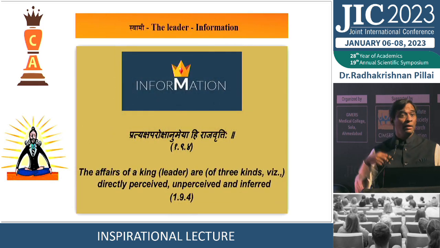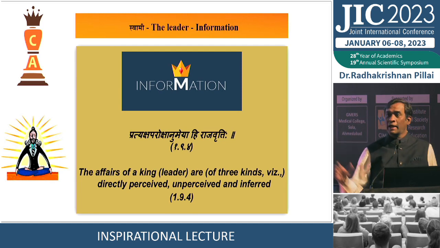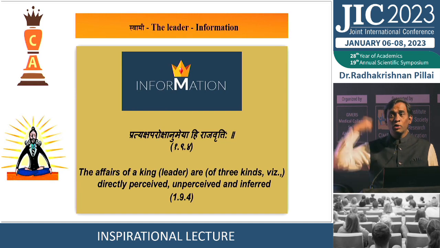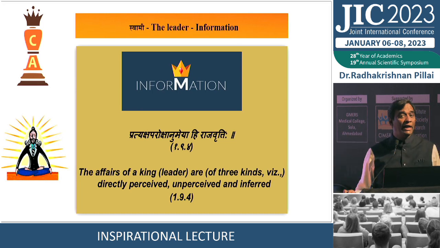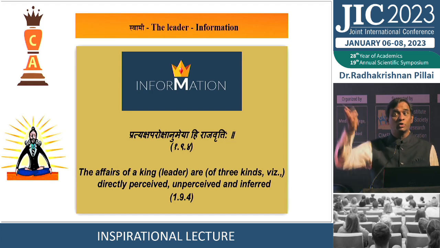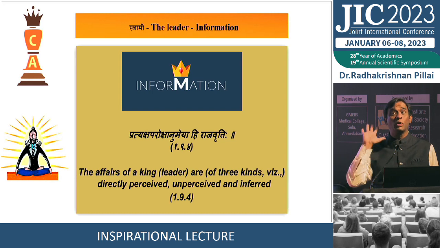देखो ये बहुत इंपॉर्टेंट है, हम बुद्धि योग की बात कर रहे हैं। A leader should gather information and process it. यहां पे आपने बहुत लर्निंग सीखा होगा ना, but do you think over it? किसी नोट्स बना रहे हैं, so you have to think over it and you will get new solutions. The affairs of a king, a leader is of 3 types: प्रत्यक्ष, परोक्ष, अनुमेय। प्रत्यक्ष मतलब देखा, आपने बहुत सारे स्पीकर्स को देखा, सुना, प्रत्यक्ष। परोक्ष नहीं देखा लेकिन समझा, he and she put a case study, उसके ऊपर सोचो। And अनुमेय, अनुमेय मतलब देखा भी नहीं, सुना भी नहीं, लेकिन समझा। देखा नहीं, सुना नहीं, फिर भी समझा।